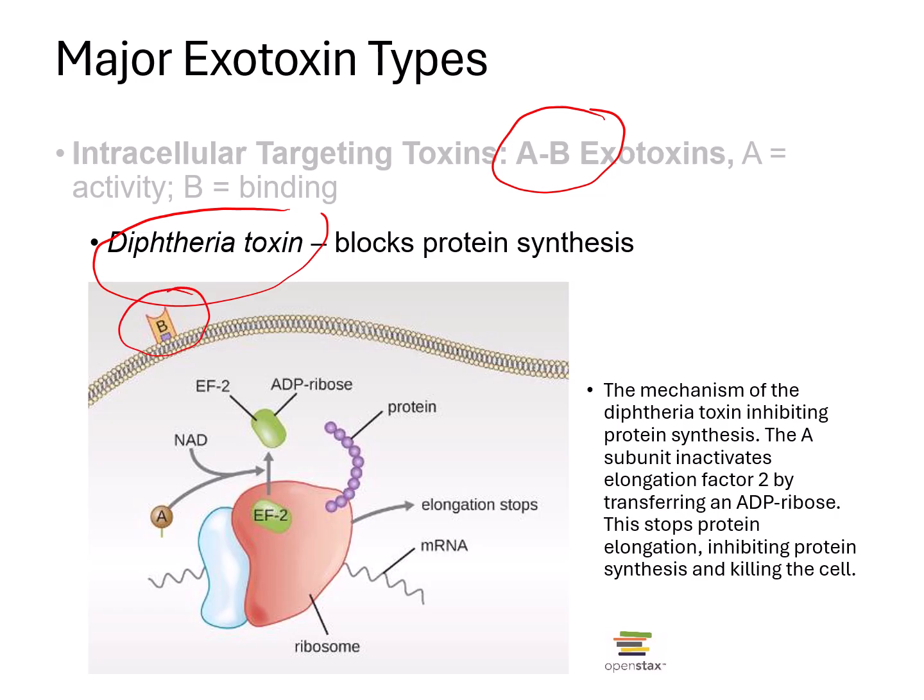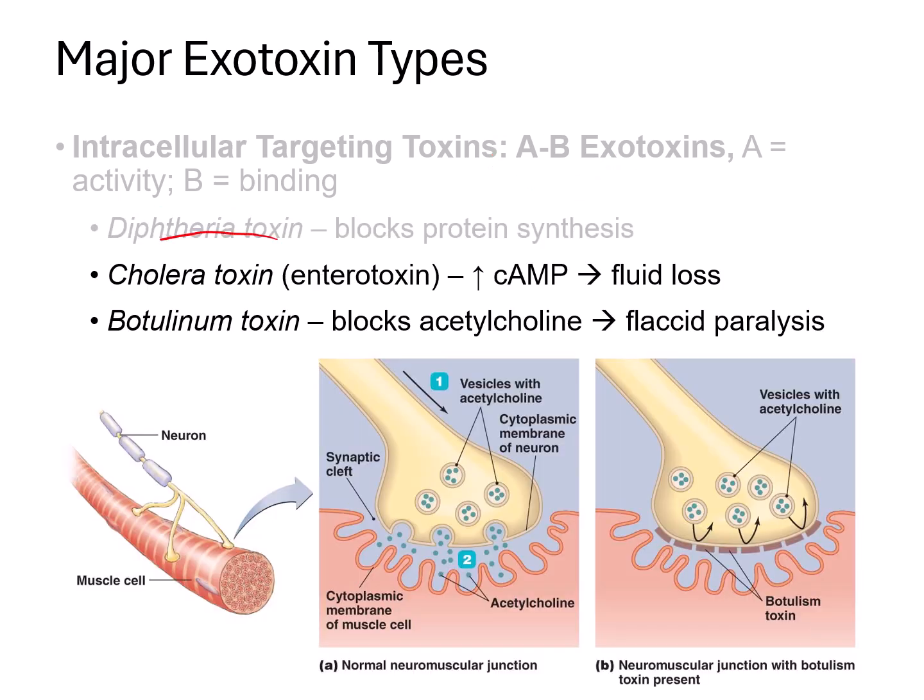Diphtheria toxin is a type of AB exotoxin. We can see the B component here, and the A component is going to inhibit the process of translation, and this is going to inhibit protein synthesis and thus kill the cell. Cholera toxin is another type of AB exotoxin, also known as an enterotoxin, as it results in damage to the